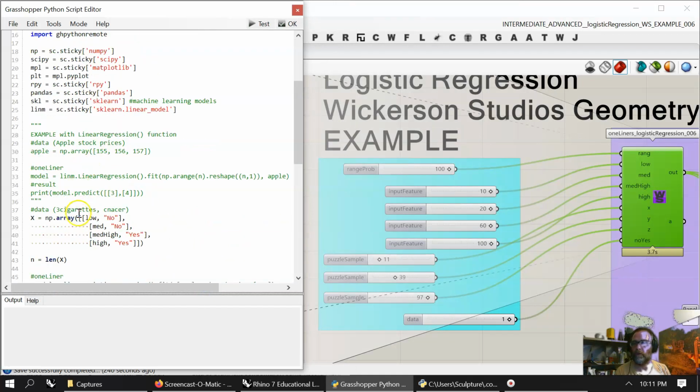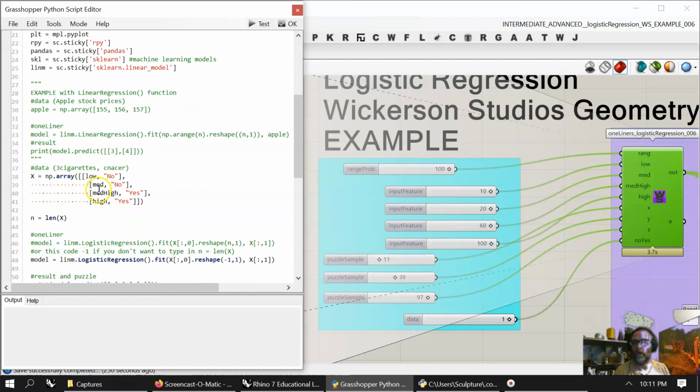I keep a sample of linear regression because I want to know how to pull from my libraries that I've actually imported into the module through the remote node. I have a few examples. I want to put together an array, but I want to make that parametric. So I'm going to bring in low, medium, high, and high. And I've got a setting that can go from a range of 1 to 10 on the first one, and that drives the geometry. But basically, let's think of it as, let's set 10 for the low, and that means